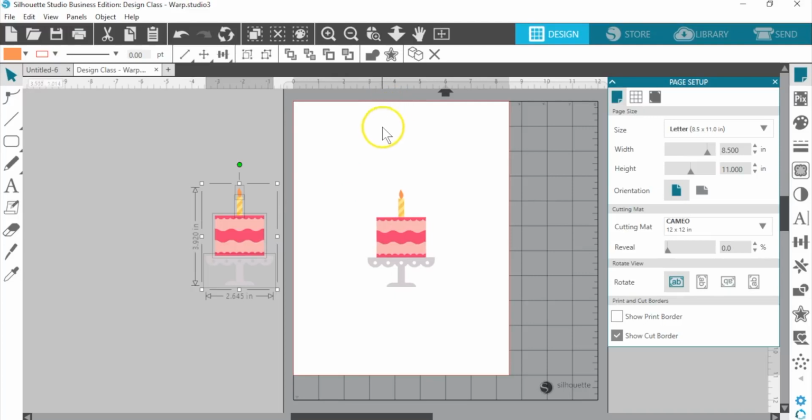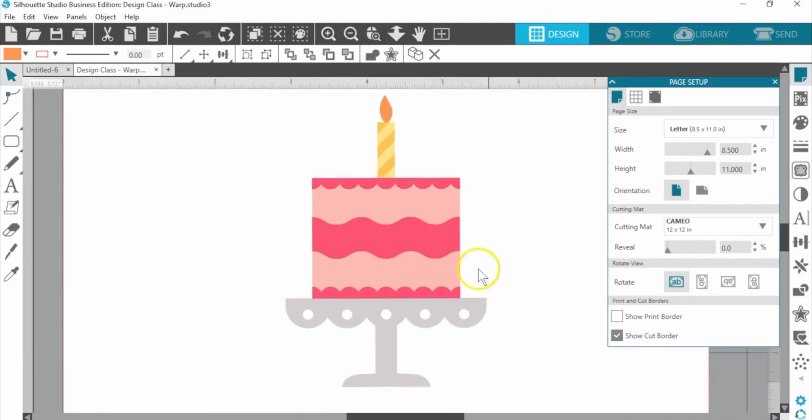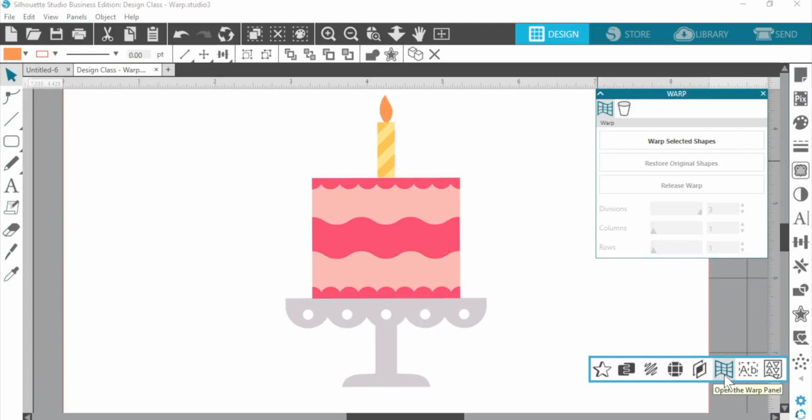So I'm going to zoom in to my cake, and I'm going to open the Warp panel. Now if you don't see it, and remember this is for Designer Edition and higher, if you have large buttons or a small screen, you're just looking for this little pop-out arrow, but this is your Warp panel icon.